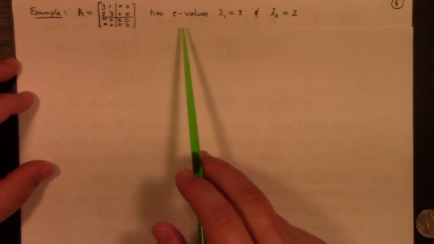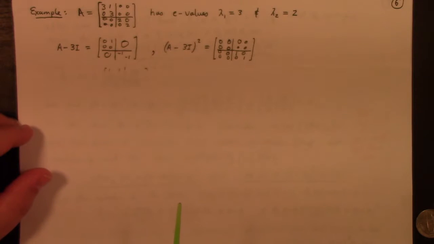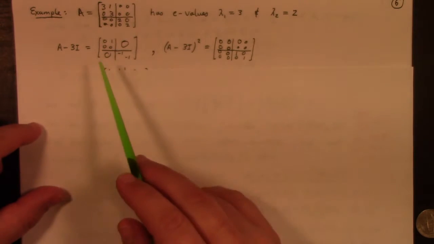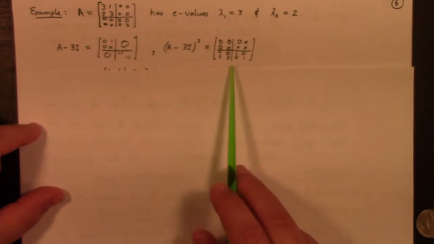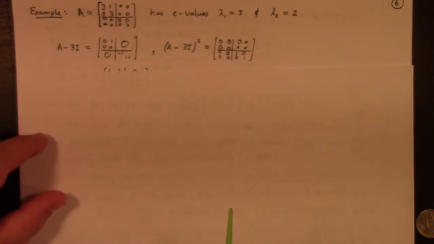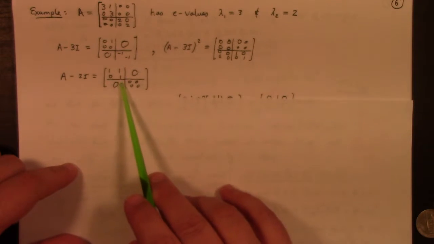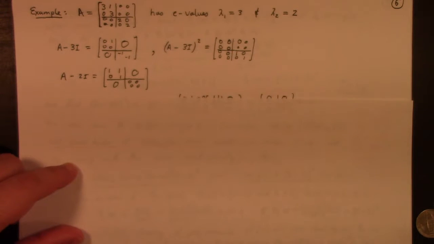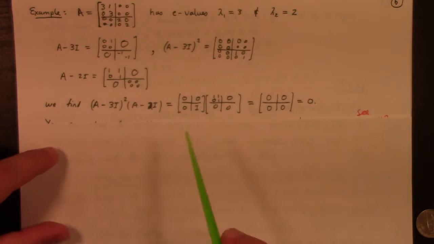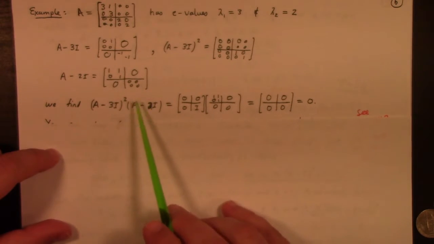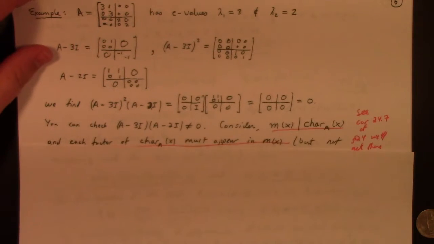You can show it has eigenvalues 3 and 2, all right? And if you look at A minus 3I, you get this. So A minus 3I squared is that. On the other hand, A minus 2I is this. If you take the product of this and that, you'll get 0, all right? And in fact, you can show that that's the smallest polynomial in A that will give you back 0. The minimal polynomial here is in fact,